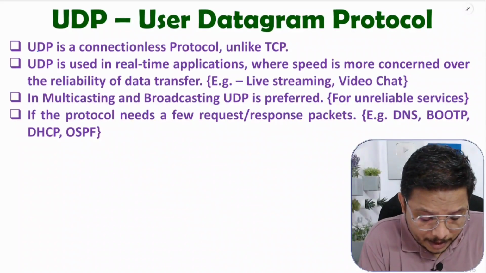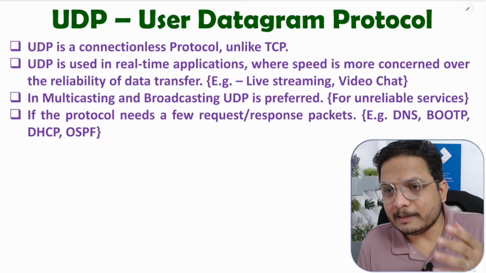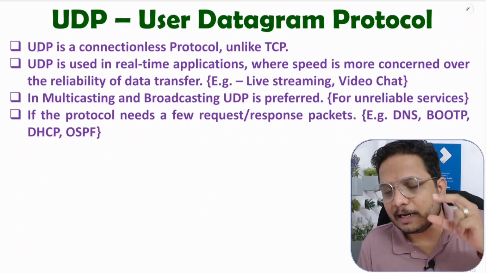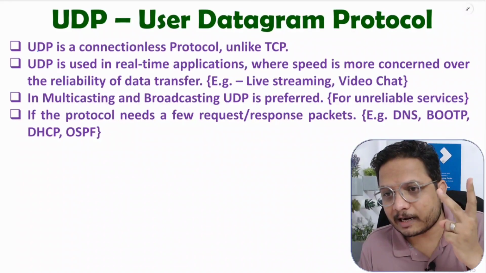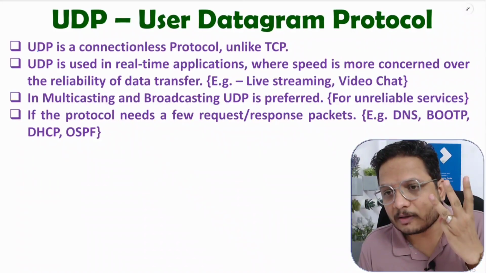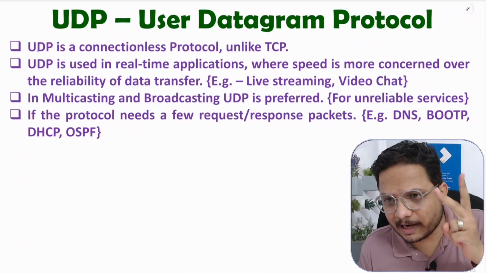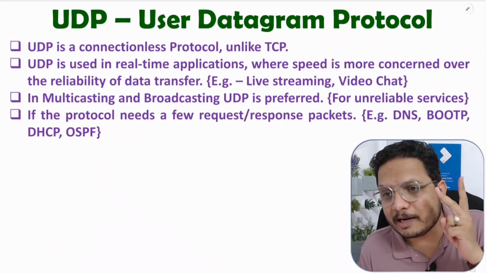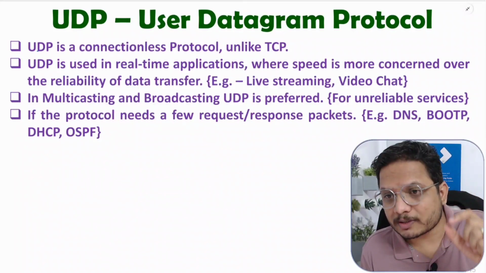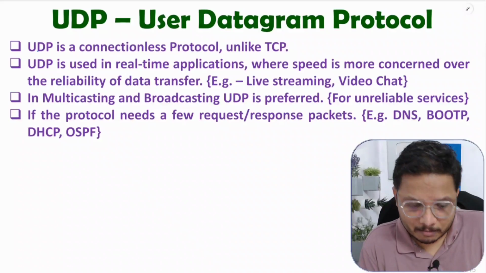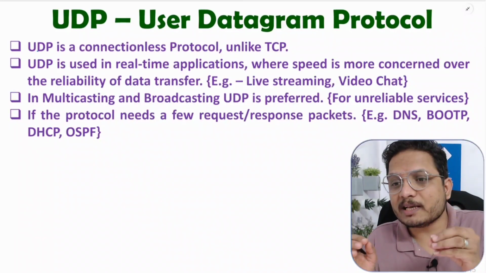See, UDP is a connectionless protocol, unlike TCP. We have already seen TCP in great detail, right? In TCP, we have three stages: connection establishment, data transfer, and connection termination. For connection establishment, you need some time. Then you forward data, and that data forwarding will be reliable. And in connection termination, we terminate the connection between source and destination, right? But in UDP, we don't need to establish a connection. That's why you save some time.